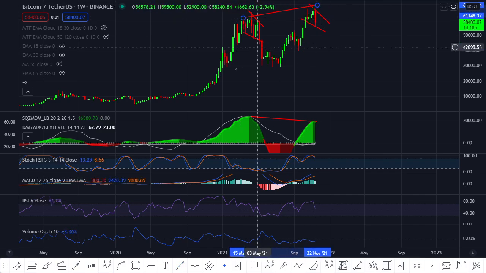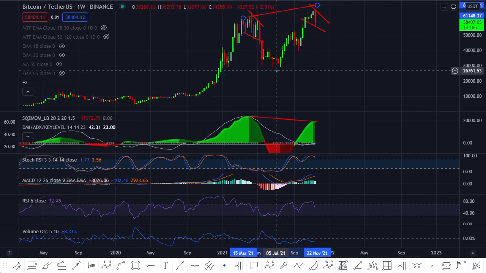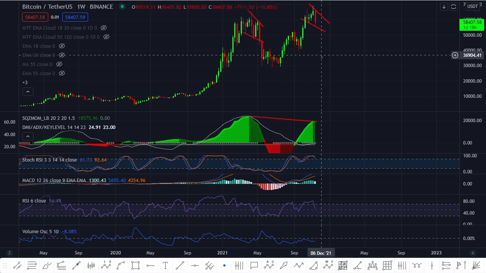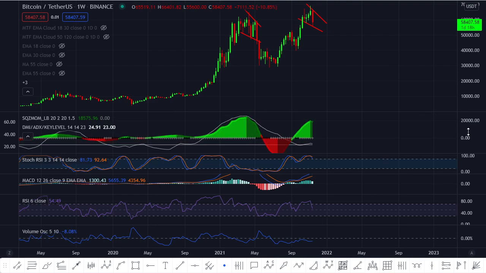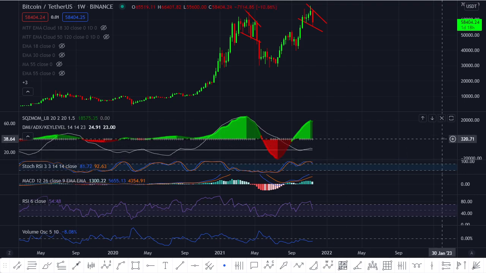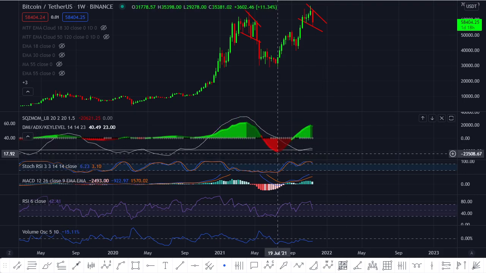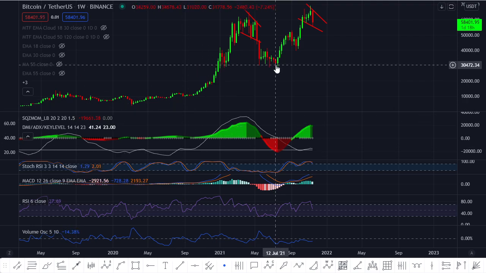Right? So this is a bearish divergence, and before on the weekly you formed a hidden bullish divergence and you pumped from 29 to 54, taking into consideration that you need to buy the red squeeze and sell the green squeeze. So if I was telling you this at $29,000, which I kind of told my Discord back in the day, if I was telling you the red squeeze on the weekly is showing us a buy signal and we have a hidden bullish divergence, so we need to buy here,